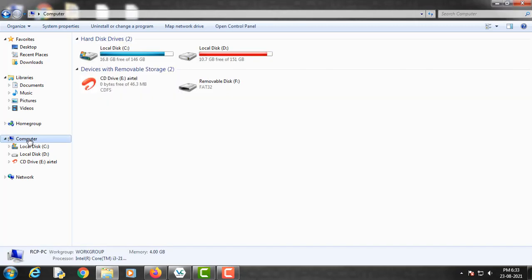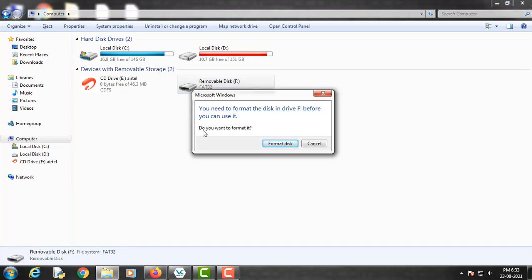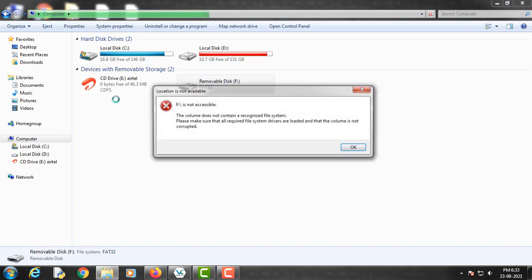Let's see. If I look here, my USB drive is attached to the system. If I click on it, it says you need to format it to use it. But I have encrypted my USB drive, so how can I access it?